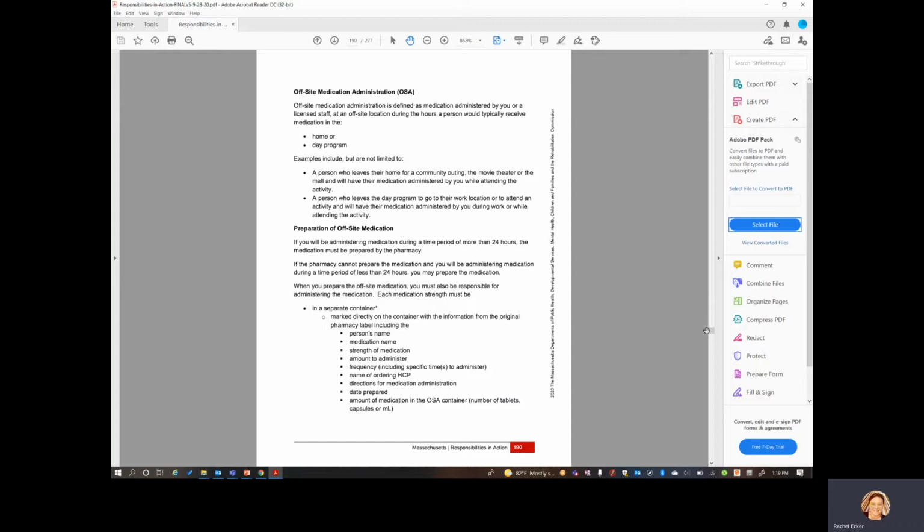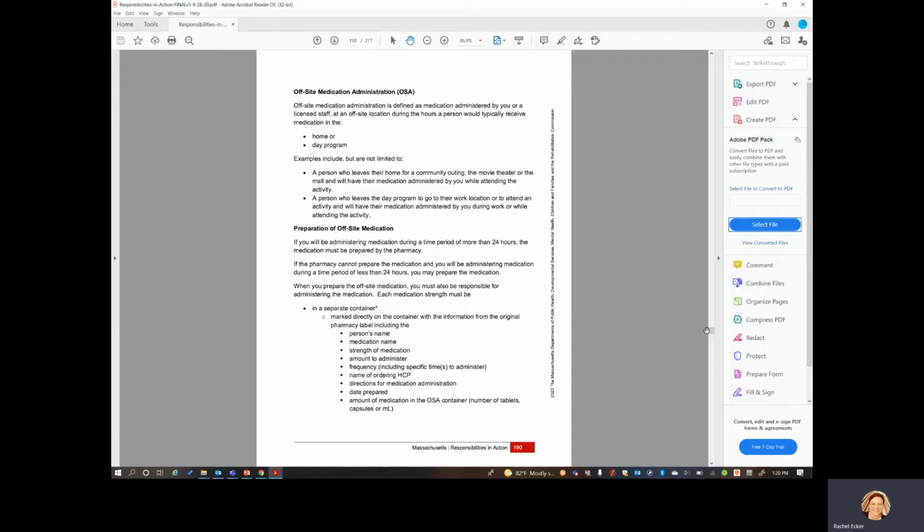Offsite administration is defined as medication administered by you or another licensed staff, such as a nurse, at an off-site location. Off-site meaning not at the group home, during the hours a person would normally receive medication, either at home or at day program.